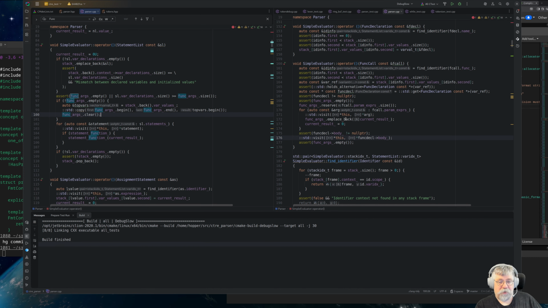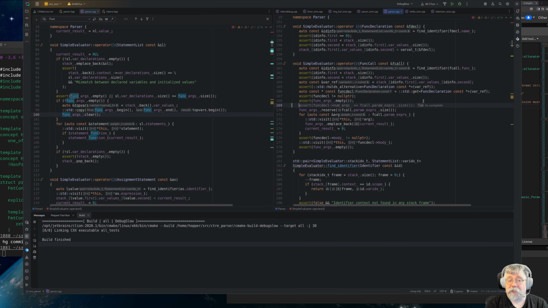So I clear is consuming the function arguments. There's a problem now. While evaluating here, I could be calling a function. Like I might be calling a function as part of evaluating a parameter. The expression for the parameter might be a function call, in which case funcargs already has some stuff in it, right? So I need to do something else. What I'm going to do here is I'm going to say, this assert is correct. A funcarg should be, but what I should do instead here